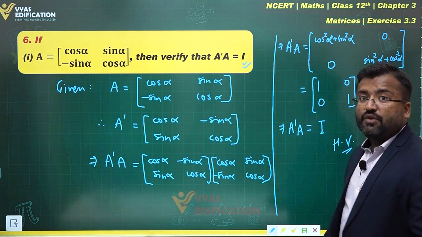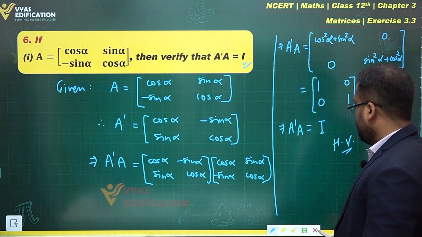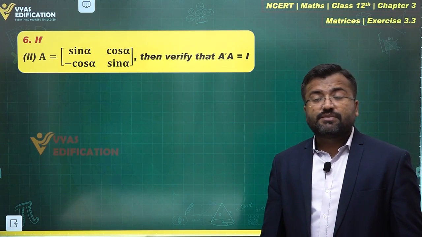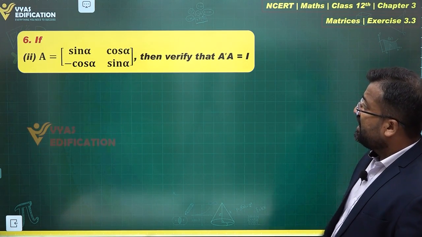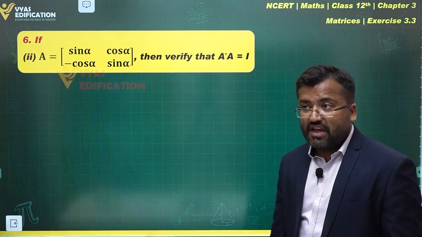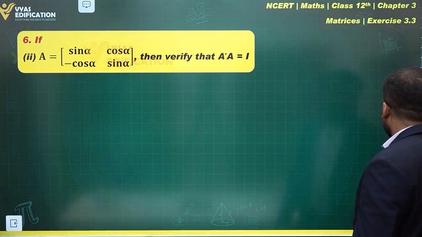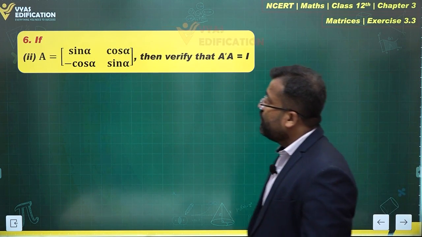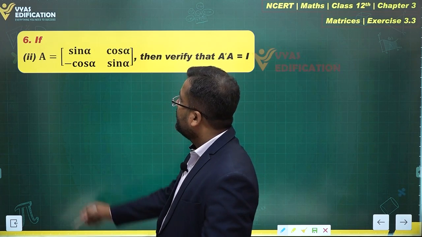Right. Now this is 6th part 1. Let's see the 6th part 2 after this. What does 6th part 2 say? Let's take a look at this. 6th part 2 says that we are given another matrix A, and we are supposed to verify that A transpose A is equal to I. It is exactly the same kind of expression as part 1. So begin with A, given